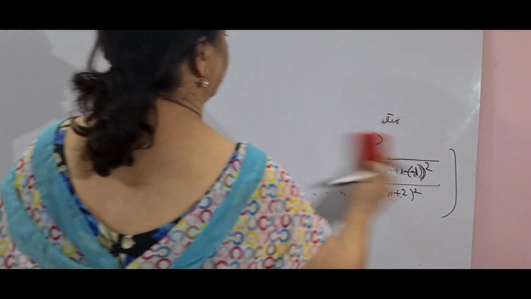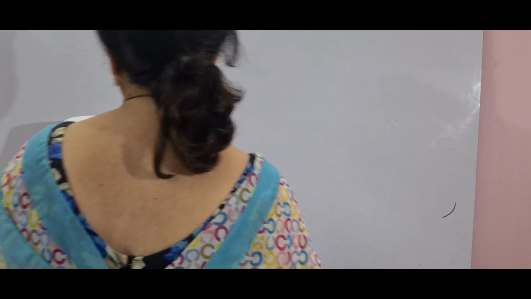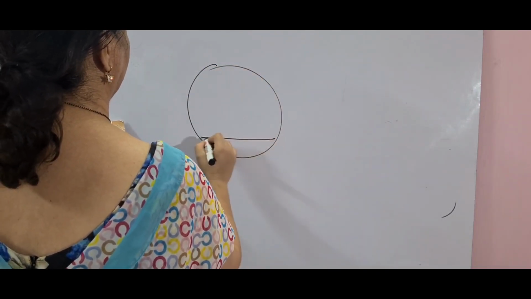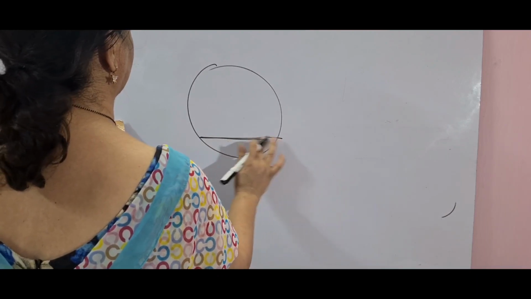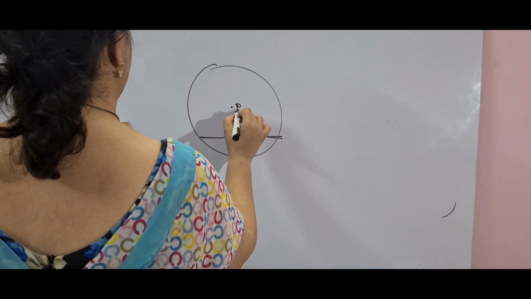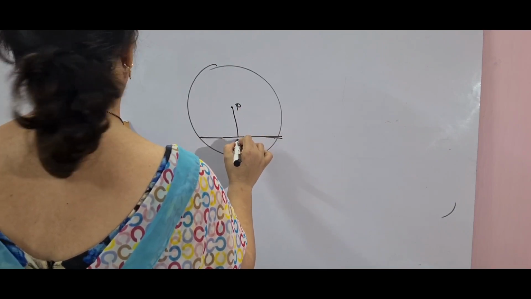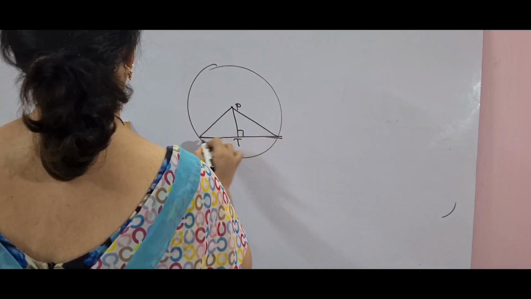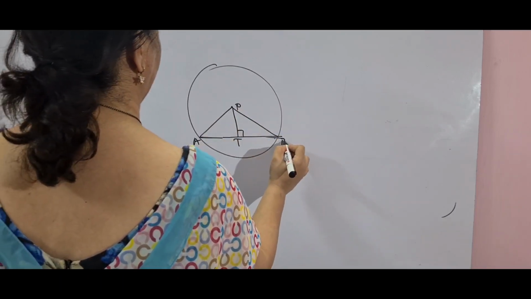Question 22, again I am doing this sum also. Again a circle has been given to you and there is a chord. You know that, you have done it in the lower sections. There is a center P and there is a perpendicular from the center P, that is PT, and the radii meet the chord at points A and B. So PA and PB are radii.